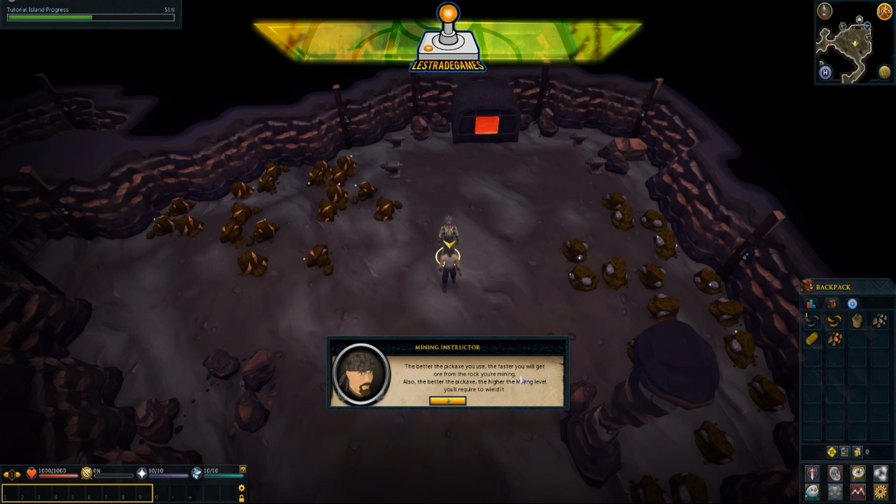The better the pickaxe you use, the faster you will get ore from the rock you're mining. Also, the better the pickaxe, the higher the mining level you'll require to wield it. So why do I want to mine ore? You can use your smithing skill to smelt ore into metal bars at the furnace. Then at an anvil, you smith the bars into melee weapons and armor worn by warriors. Furnaces are expensive to build and maintain, so there are not that many scattered around the world. I suggest when you find a furnace, you remember its location for future use. You can smelt tin and copper together to make bronze equipment. Simply take the ores required to make a metal to a furnace, then use the ores on the furnace to